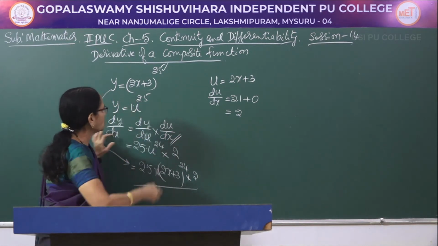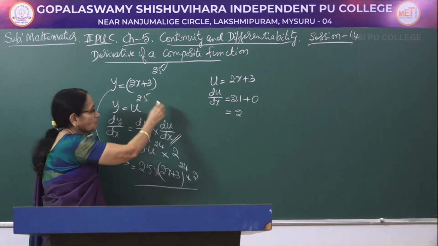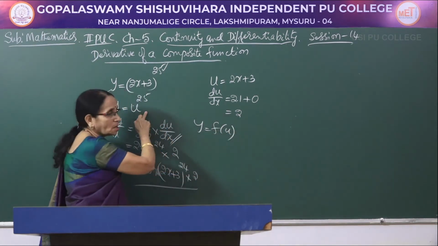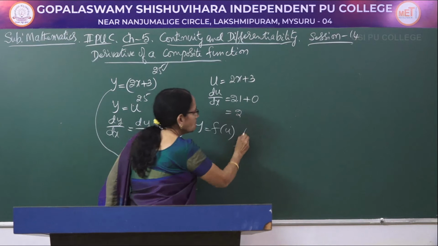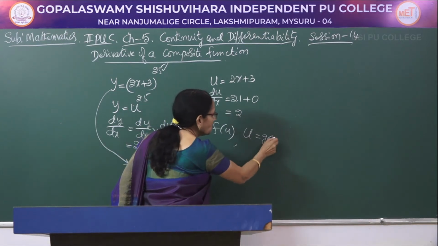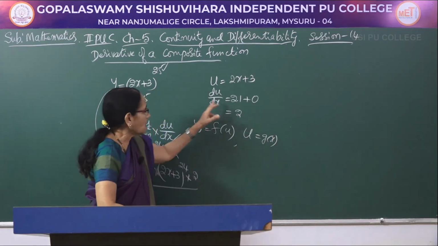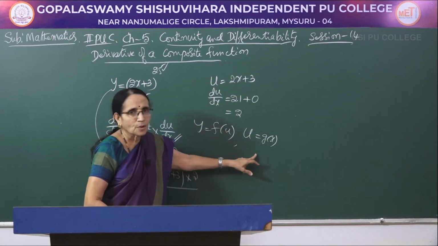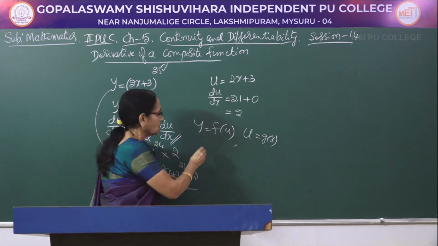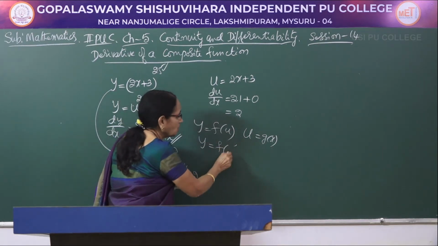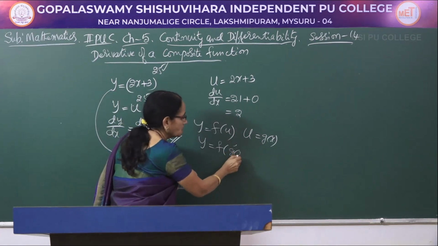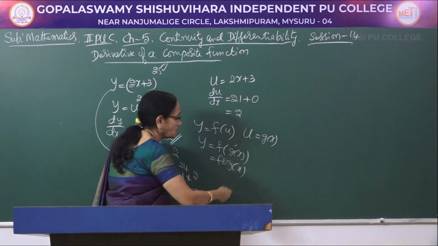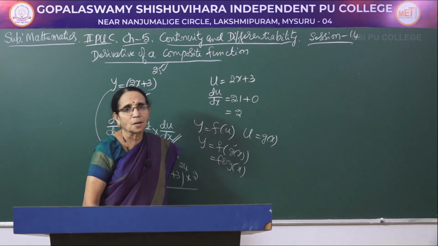That means here you observe, earlier y was a function of x, now y is a function of u, isn't it? But what is u here? u is a function of x, isn't it? After making the substitution, y is a function of u and u is a function of x. You have learnt about this one. So combining this, f of u means it is g of x. And how have we written it in the first chapter? We have written that as f of g of x here, isn't it?